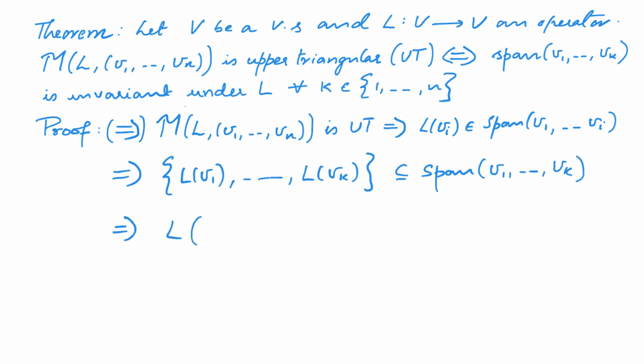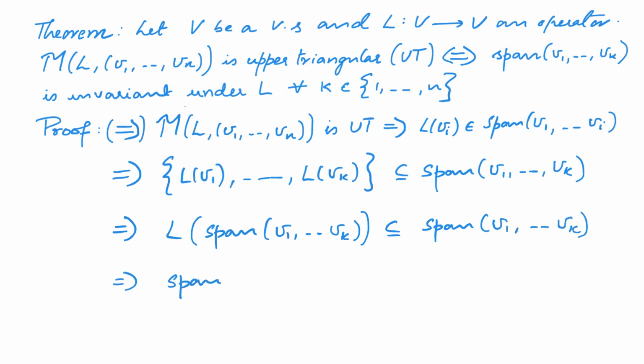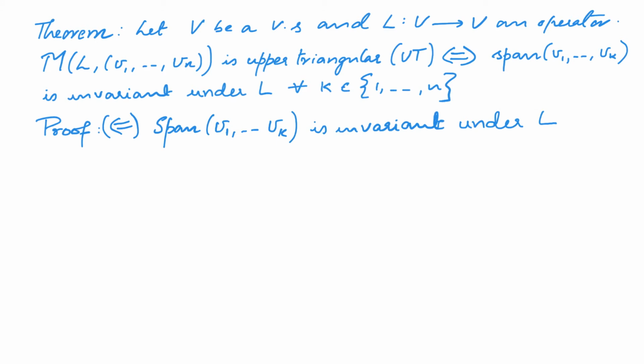Thus, L of the span of V1 to Vk is a subset of the span of V1 to Vk. In other words, the span of V1 to Vk is invariant. And that completes this side of the implication. Let us now look at the other side of the implication. So we start with the assumption that the span of V1 to Vk is invariant under L. This implies in particular that L of Vk belongs to the span of V1 to Vk,